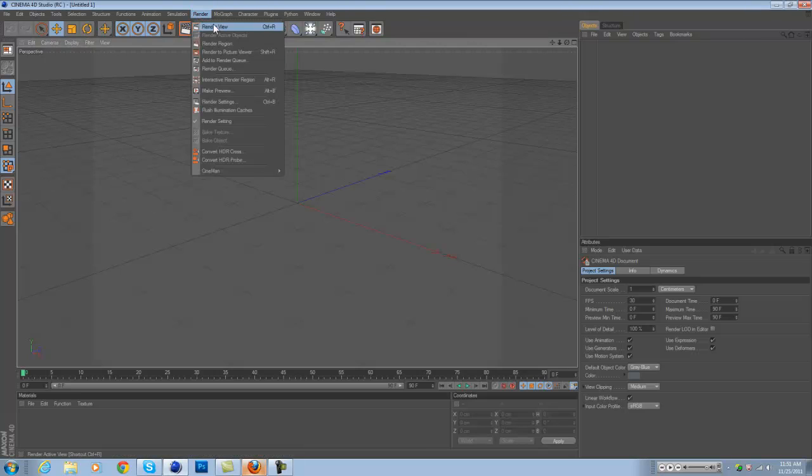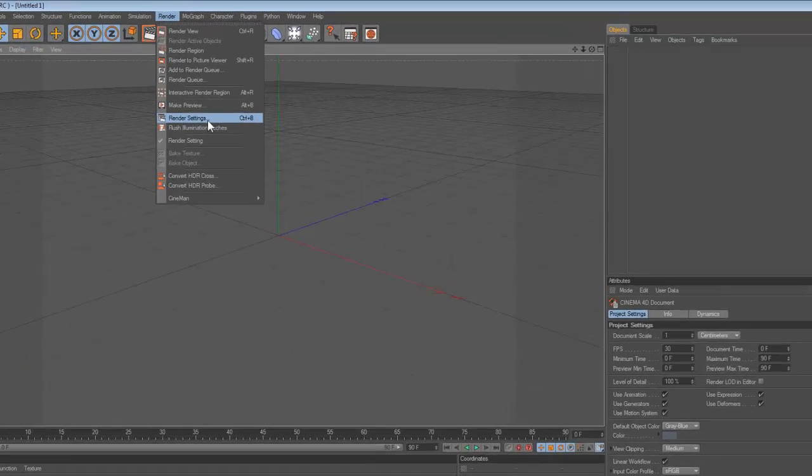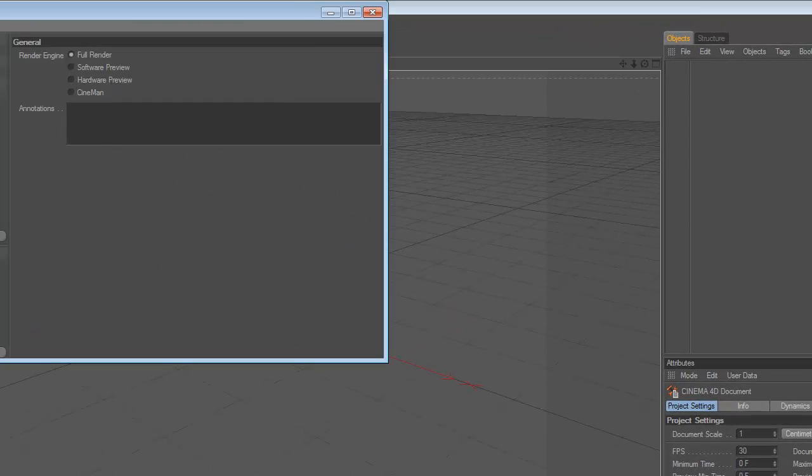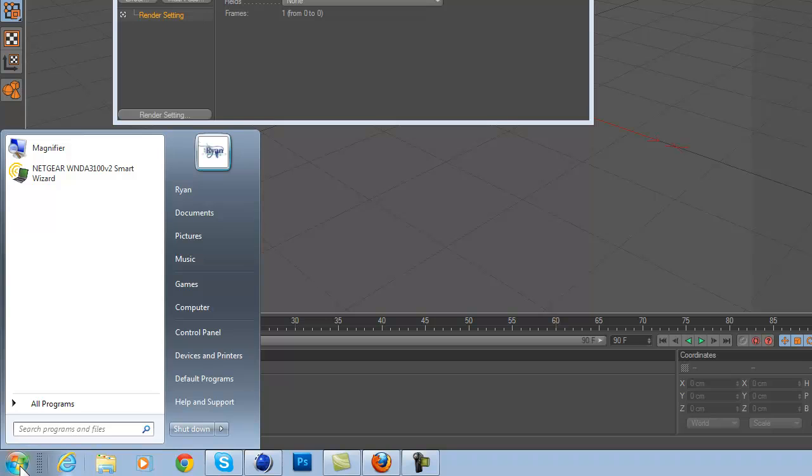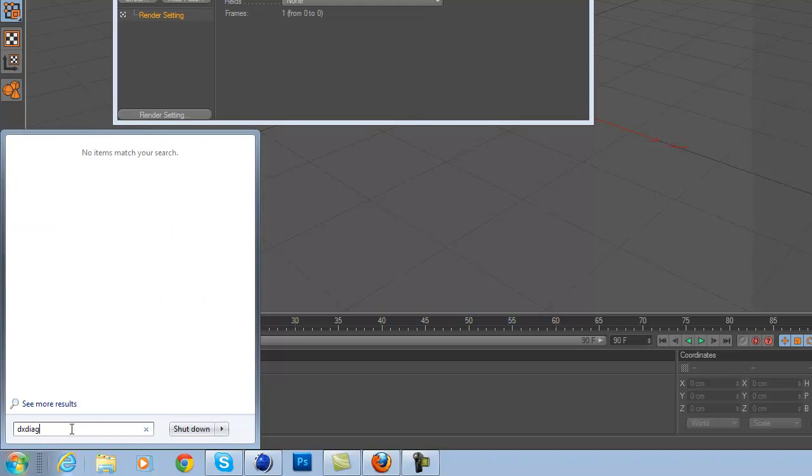Okay, so first you want to start off, go to render settings, then go to output. The output you want to set depends on your screen resolution. Say you want to make a desktop background and you need to know what your screen resolution is. Set it as the same thing, and if you don't know what it is, go down to the Start tab if you have Vista or Windows 7. Click in the search bar and type DXDIAG